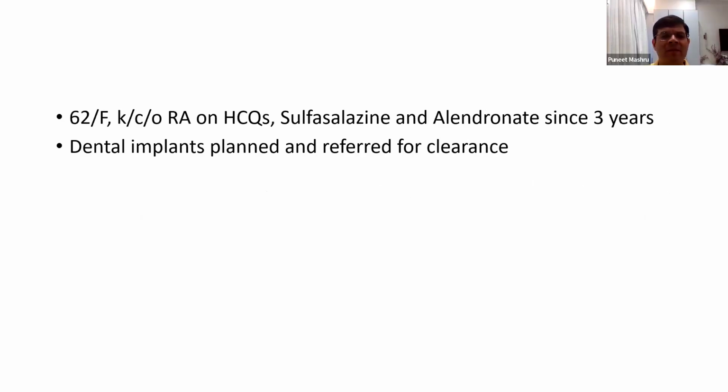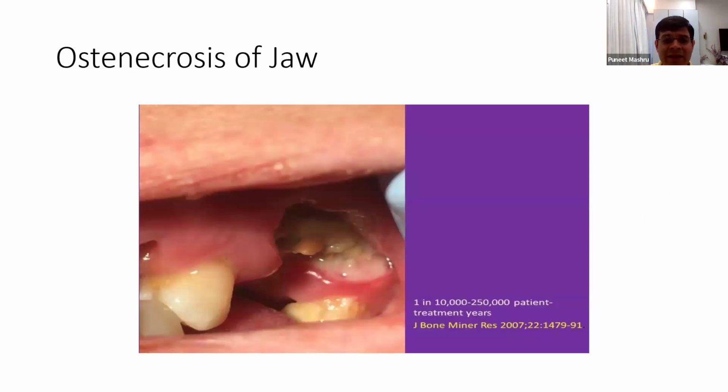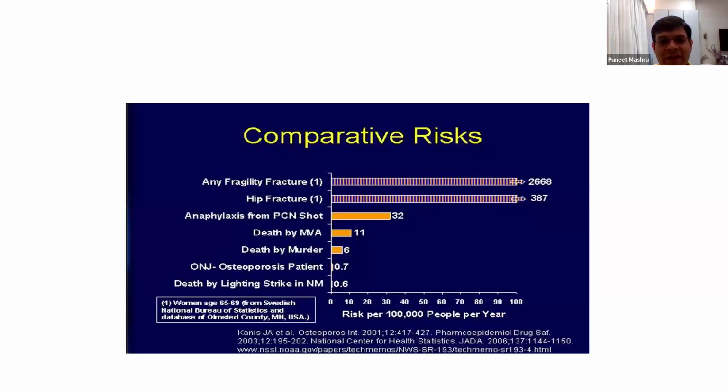Coming to the next case, this is a patient with rheumatoid arthritis, who has been on alendronate for the last 3 years and DMARDs, and the patient has to undergo dental implants and has been referred for clearance. So the dentists are very scared, and what they're scared of is osteonecrosis of the jaw. But this is extremely rare. It is, in a joking way,